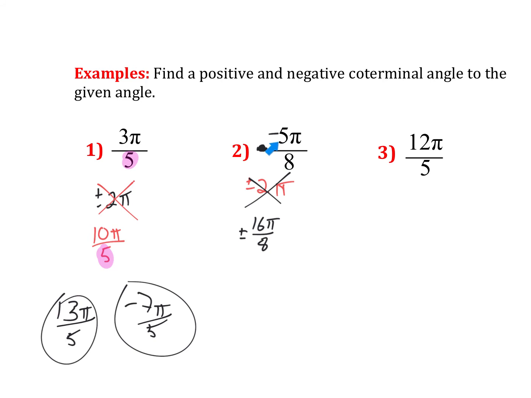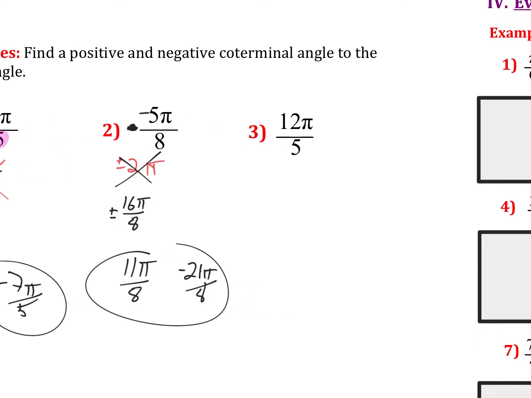So if I did negative 5 pi plus 16 pi, I'll be at 11 pi over 8. Then if I did negative 5 pi minus 16 pi, I'd be at negative 21 pi over 8. So those are my two results. Next one,